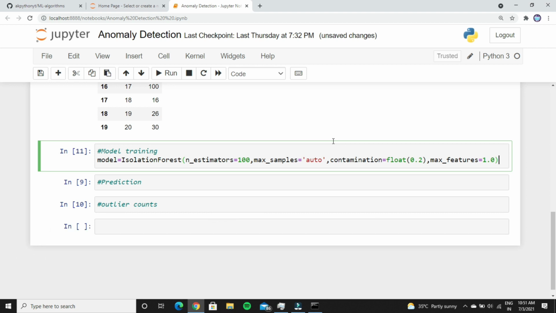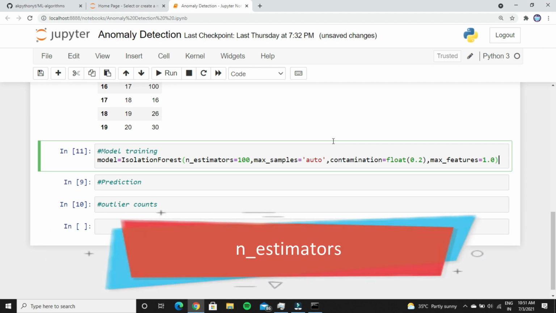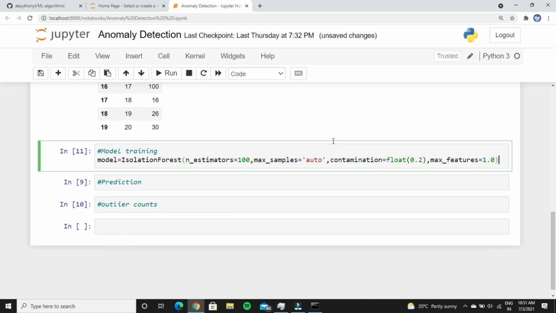Let's see the explanations. N estimators indicates how many iterative trees you need to form from these data points. Suppose you take the power play over runs. When you give the n estimators value as 50, it will form 50 trees by using only the power play runs. I will post a decision tree algorithm video next. You can easily understand those concepts and then relate them to this parameter.